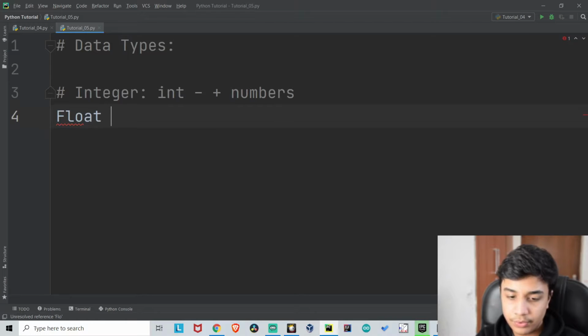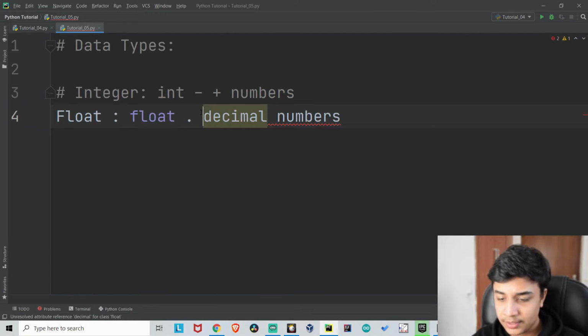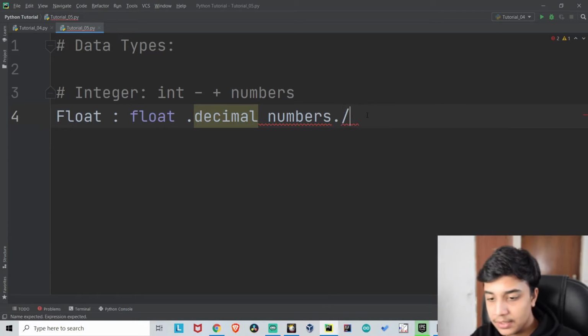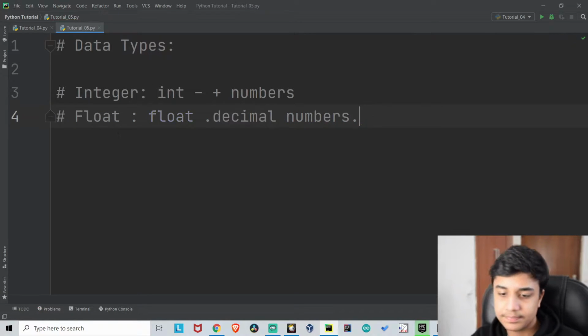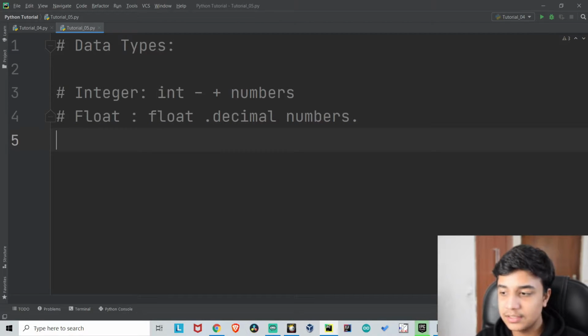So float, with a small f, is used to contain decimal numbers. These store the decimal points in numbers. These give you an accurate value when you use division.